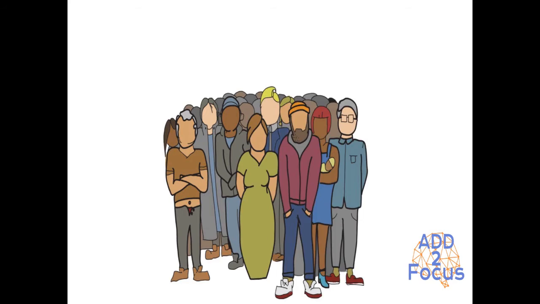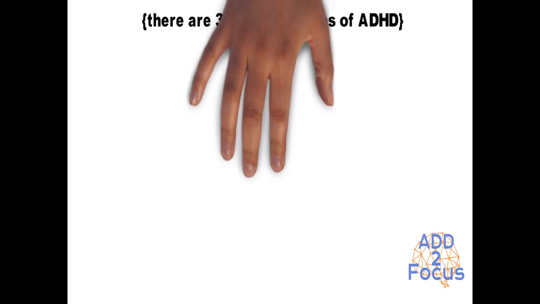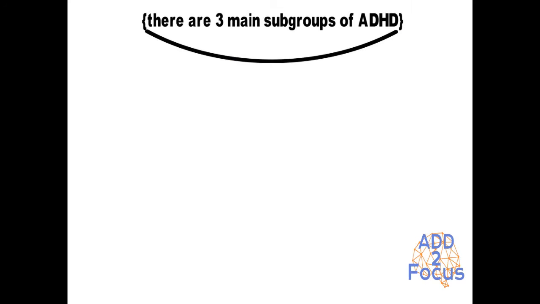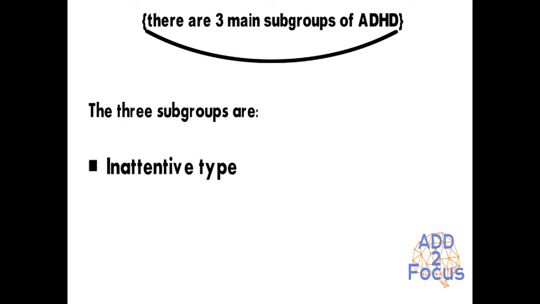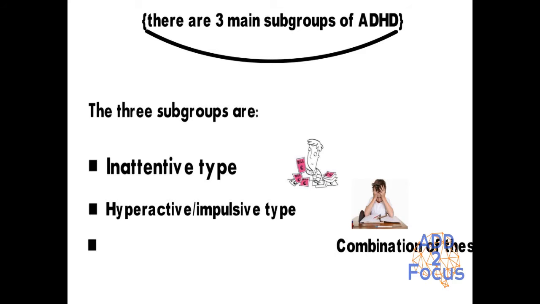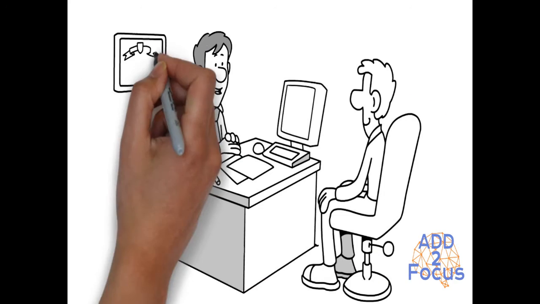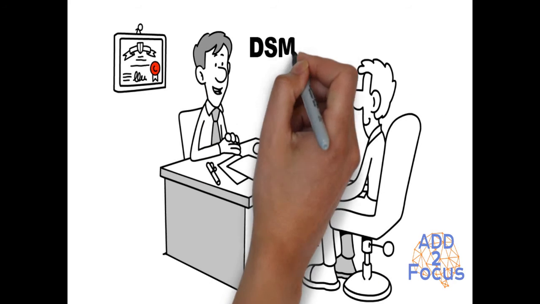Now, the first thing to note is that not all people with ADHD are the same. There are three main subgroups of ADHD. The three main subgroups are the inattentive type, I have this one myself, the hyperactive/impulsive type, and a combination of these two. According to the guidelines outlined in the American Psychiatric Association, also known as the DSM-5, a child must